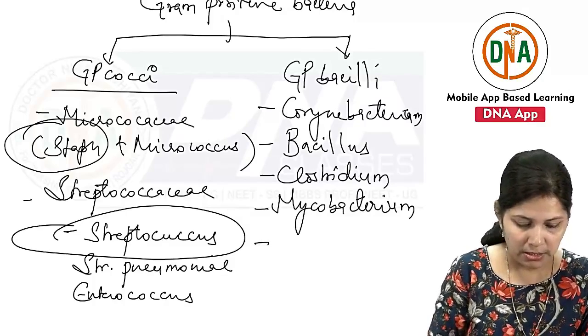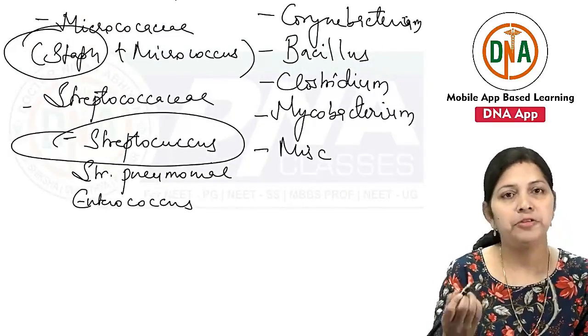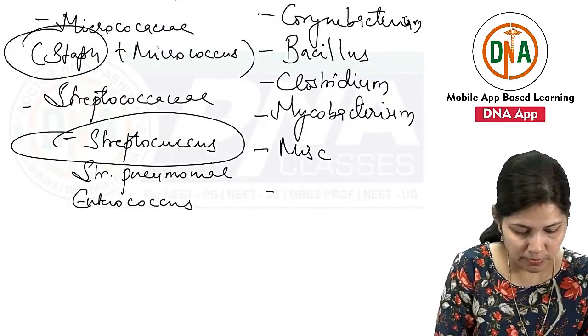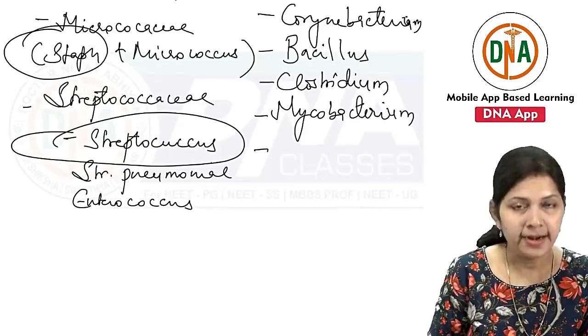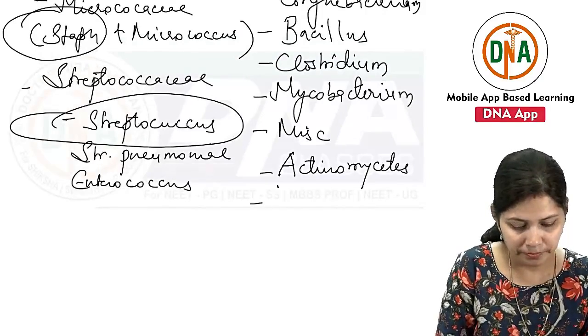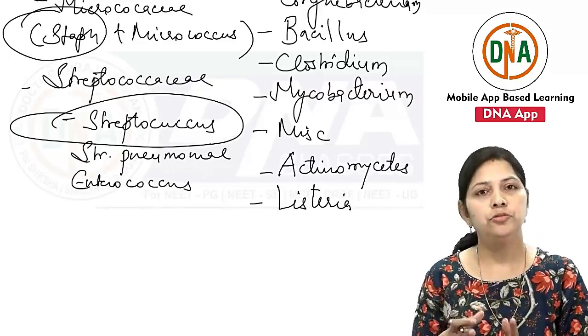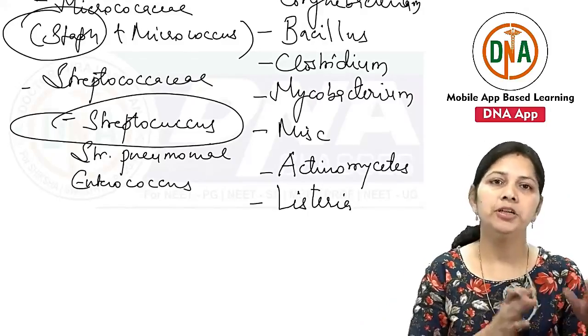And last is the miscellaneous group, where we will take the Actinomycetes and Listeria. Okay, so first we will be taking the gram positive cocci group and then we will go on to the